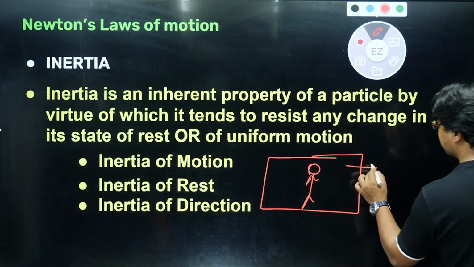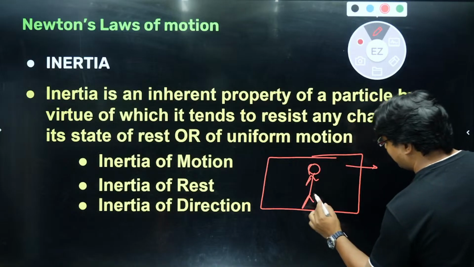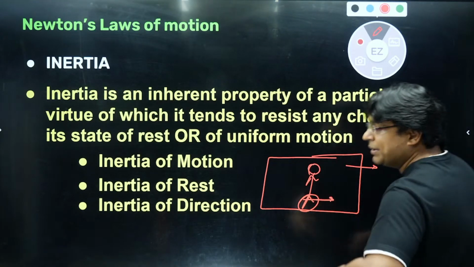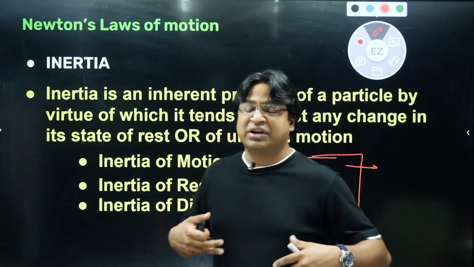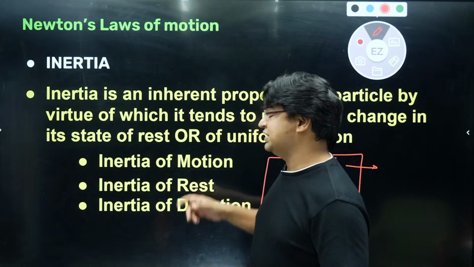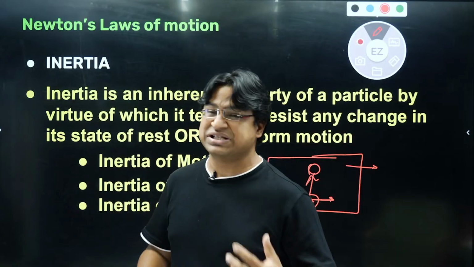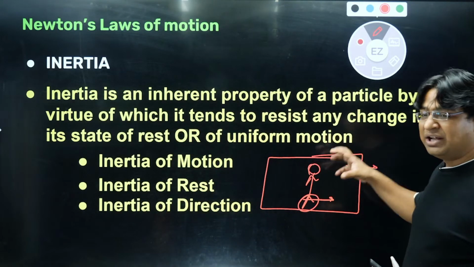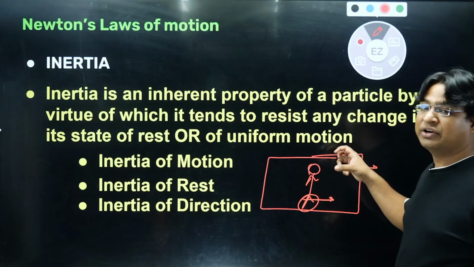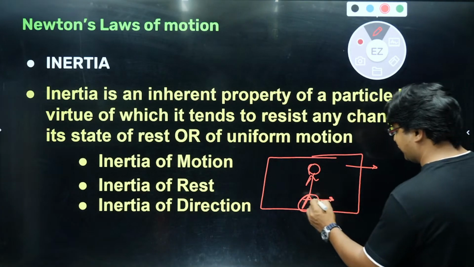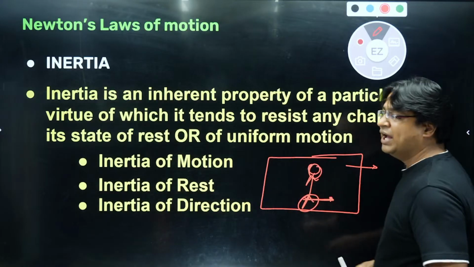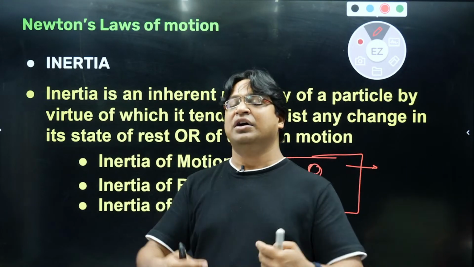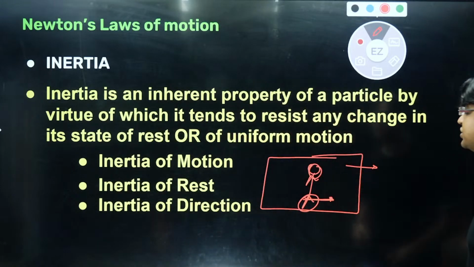Okay, so when the bus moves, what happens is that your feet, which are in contact with the bus, also move forward, but your upper body is trying to maintain the state of rest because of the inertia. Inertia means resistance. Okay, so it is trying to maintain its state of rest. And therefore your feet move forward, your body is still there, and we get the feeling as if we are falling back. The reality is that our feet have moved in the forward direction. So this is called inertia of rest.